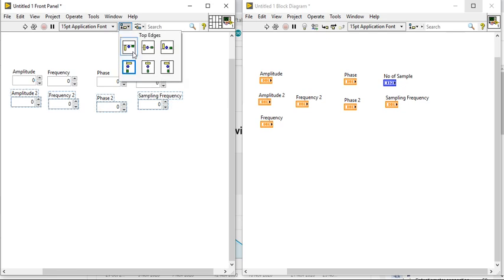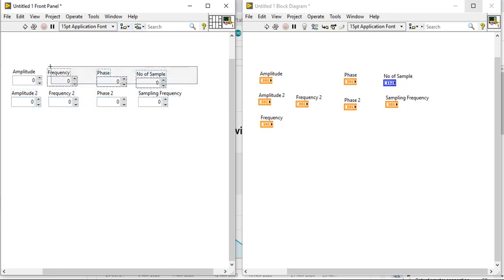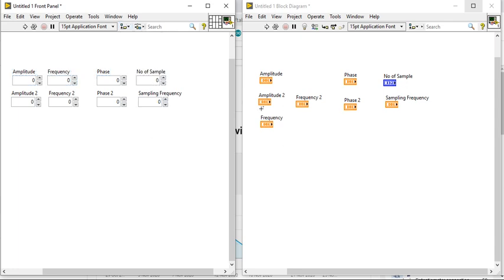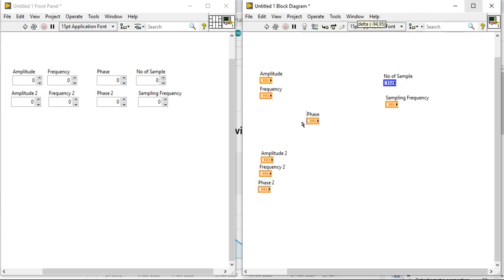So these are the amplitude, frequency, phase, number of samples, and sampling frequency.